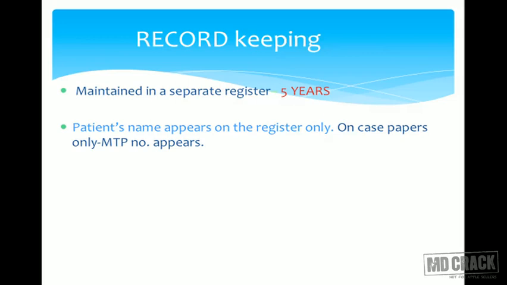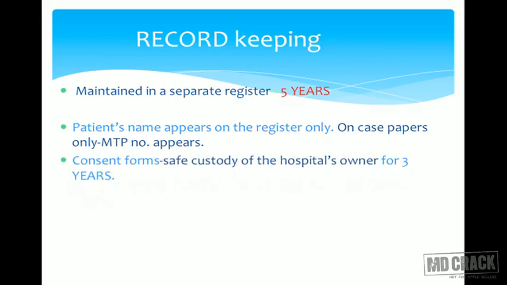This is to respect her privacy, so that we don't want everyone or anyone to come to know that she is undergoing abortion. So this is to maintain secrecy and privacy. Consent forms should be in the safe custody of the hospital owner for a minimum of 3 years. The form which has the doctor's signature, the patient's signature, and the reason mentioned has to be kept in safe custody for